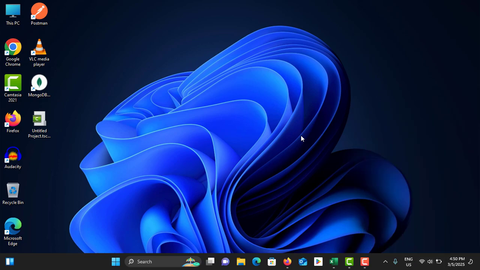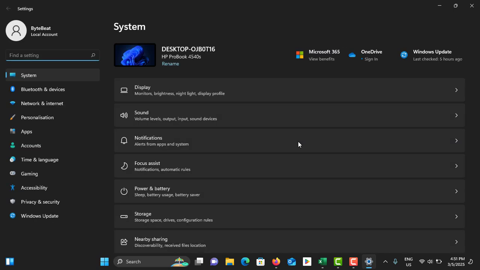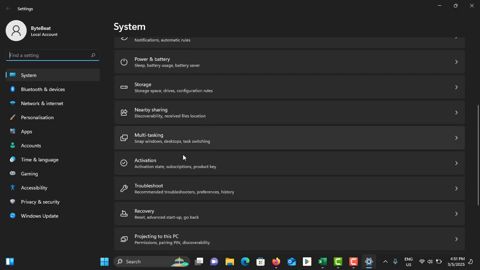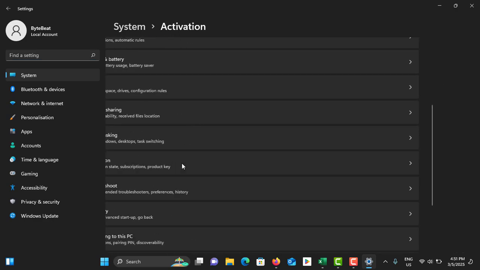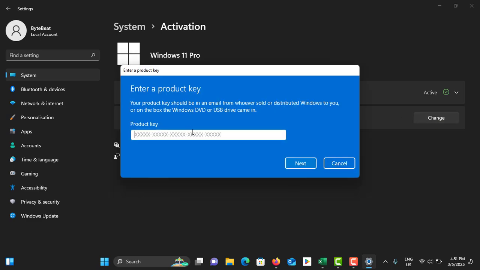The next method is to verify your product key. To do that, press Windows plus I on your keyboard. It will open the settings menu. When it is open, go to the system section and go to activation. Then you need to click on change product key, tap on the change button. You need to enter a valid product key here. If you don't know how to get a valid product key, first you need to open a